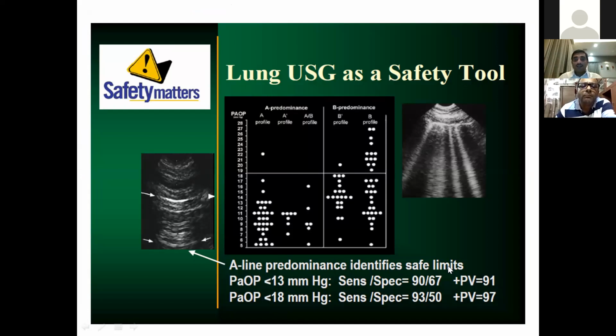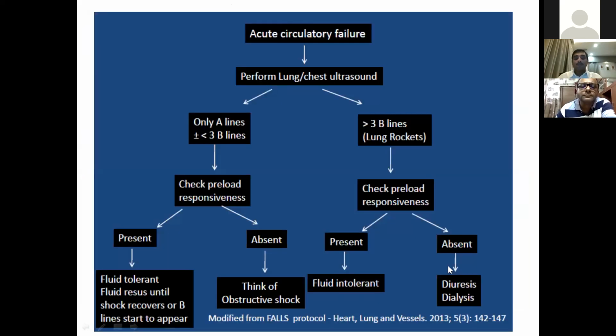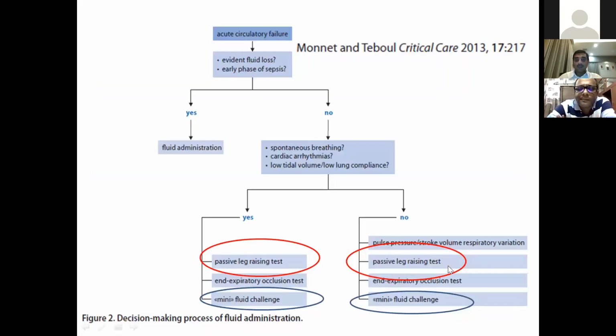So to start with, a USG probe is necessary. To end with also, a USG probe is necessary: by doing lung ultrasound, checking and monitoring B lines, and following the FALLS protocol, we can literally see that the patient is probably going into volume overload. We can stop fluid, and if necessary, we may administer diuretic therapy as well.